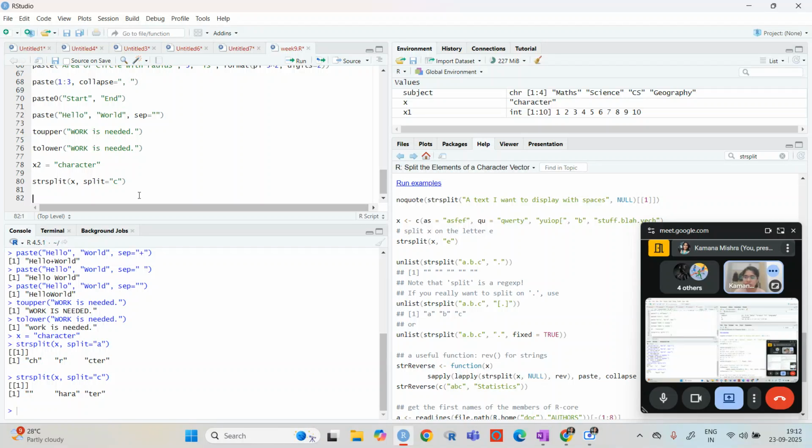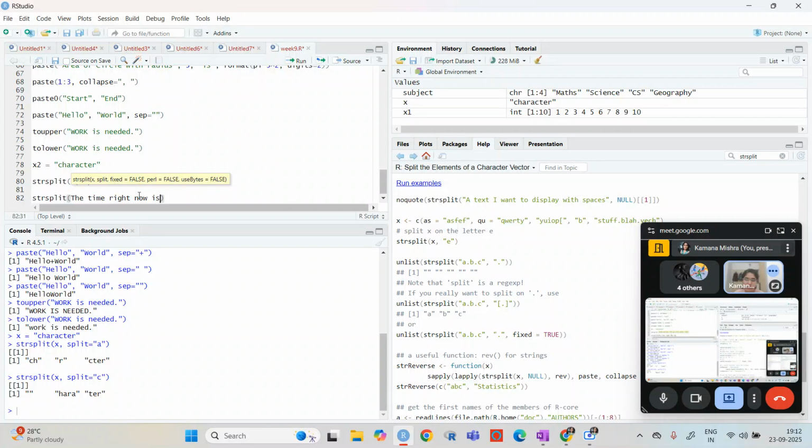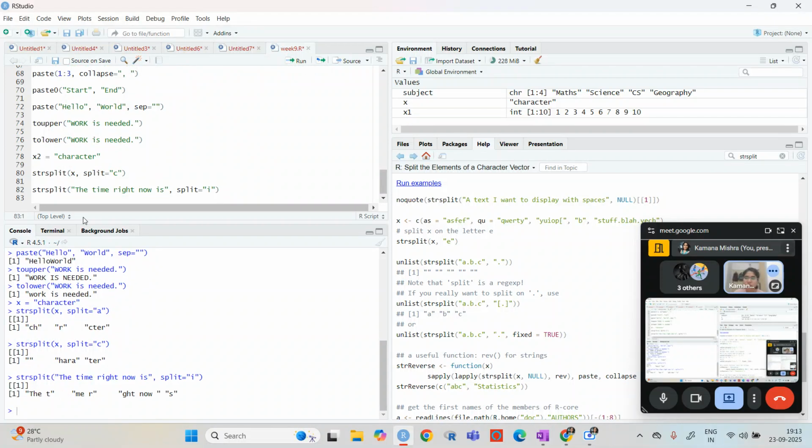Let me take it as x3, or we can just write inside, split this, use this, and then split it by I. So if I'm giving just one word or one sentence, then also it is going to split in that way.